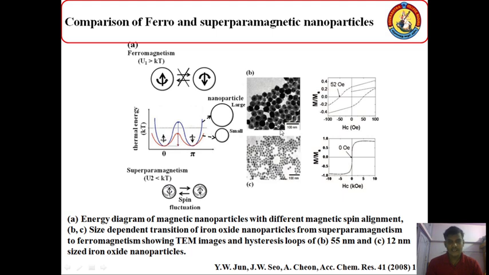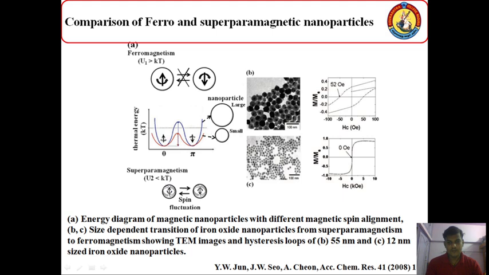Here we can see the example: the same iron material which has hysteresis behavior and a coercivity value of 52 Oersted, but when the size goes to 12 nanometer, the iron oxide nanoparticles convert into